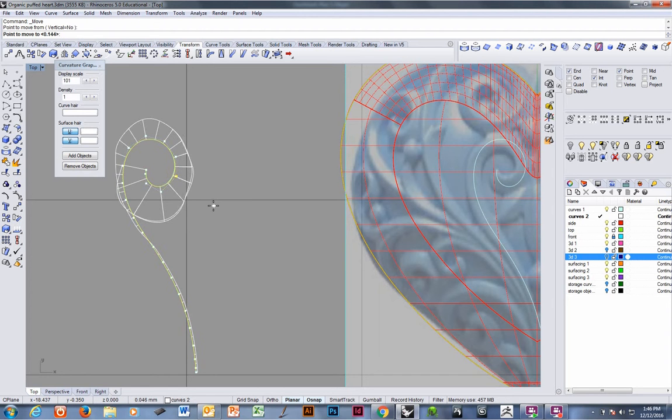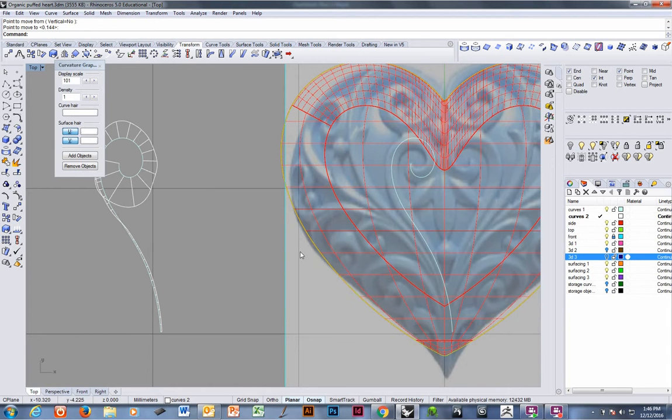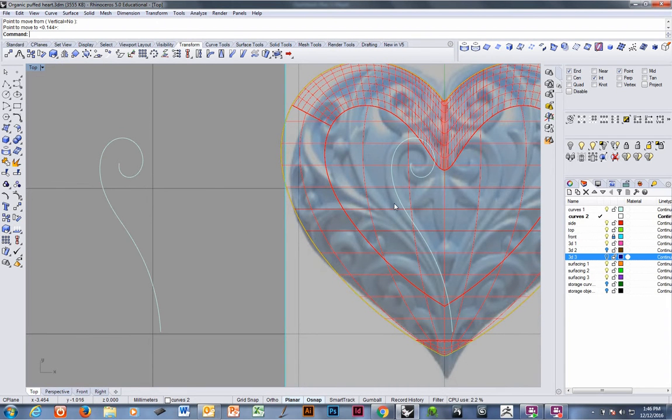And that should be good enough for our purposes. Okay, so there it is updated here and on the surface at the same time. Now I'm going to take this curve